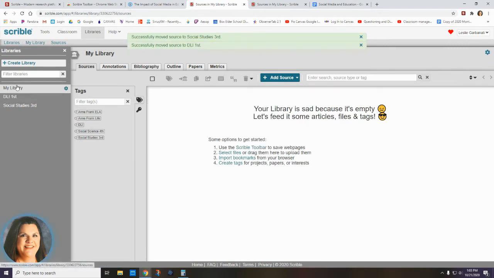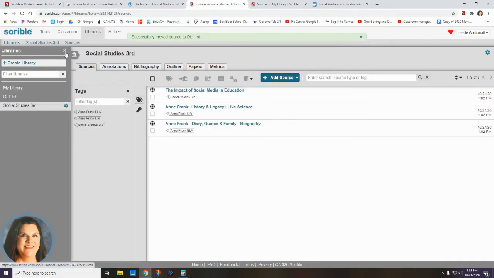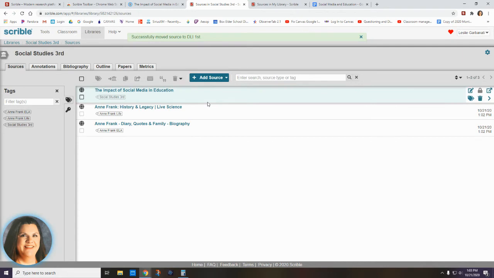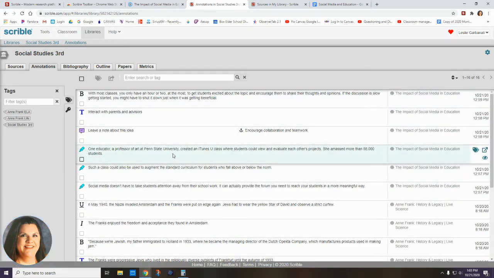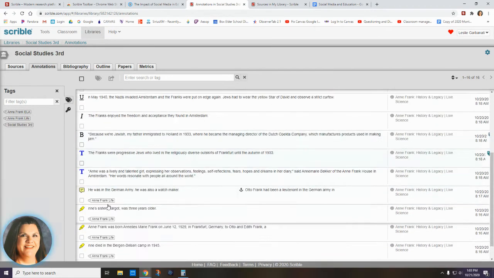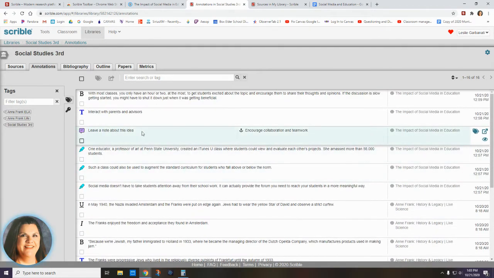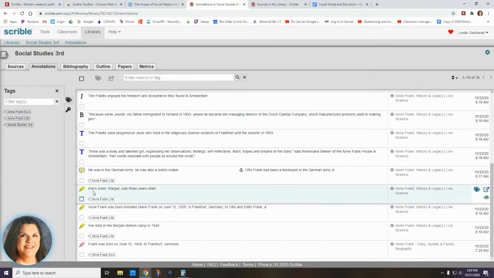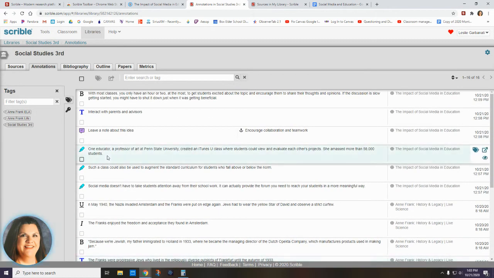Whether you're in the general library or a library that you've created, there are some tabs across the top that are going to be beneficial and helpful. The first one is the annotations. So this is going to show you any annotations, underlining, notes, italicizing that you have done to any of the articles. You can see that some of these I have already tagged to make them a little easier to find